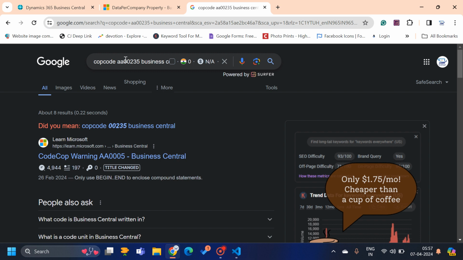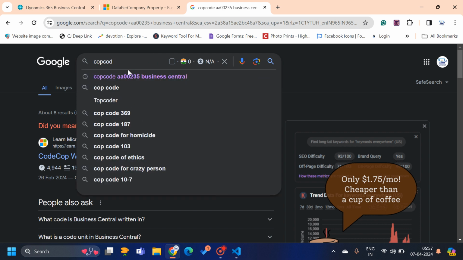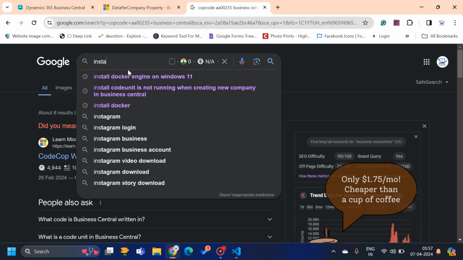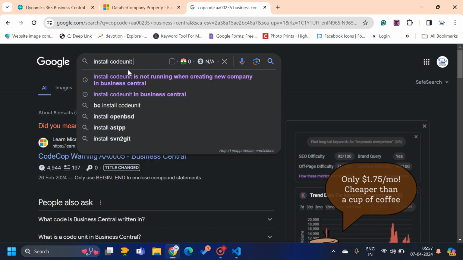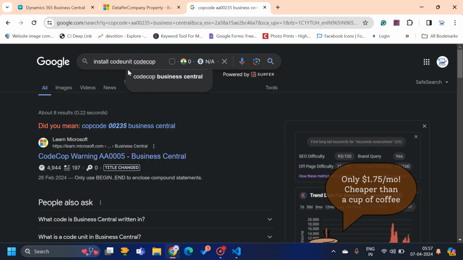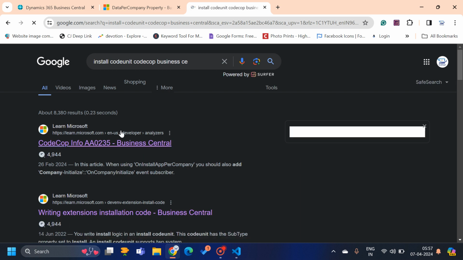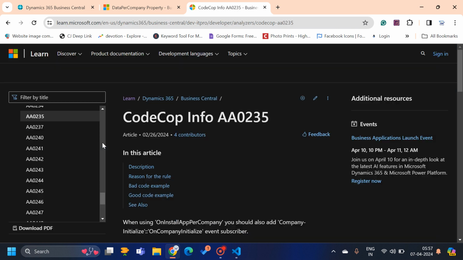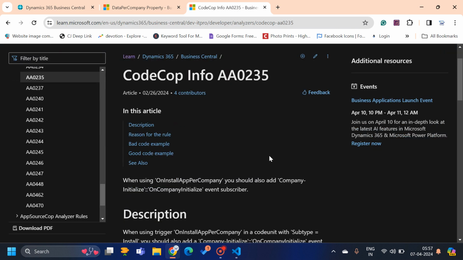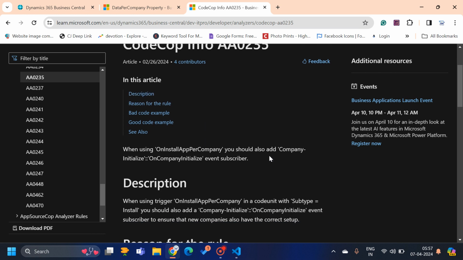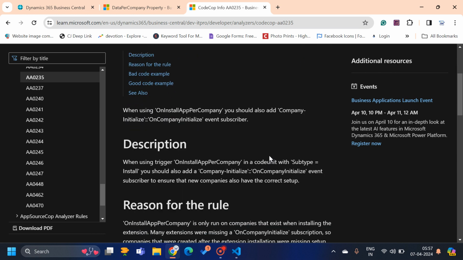Install code unit code cop. Yeah, this one. So this is also one code cop number which Microsoft has created,